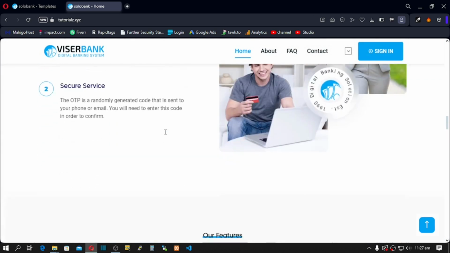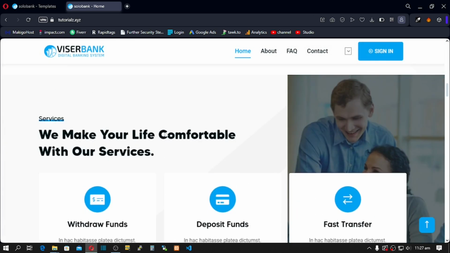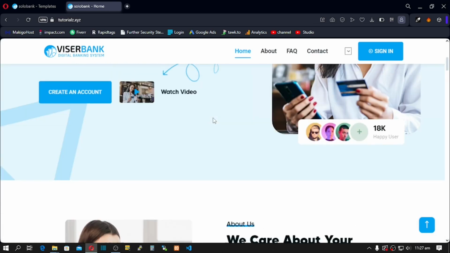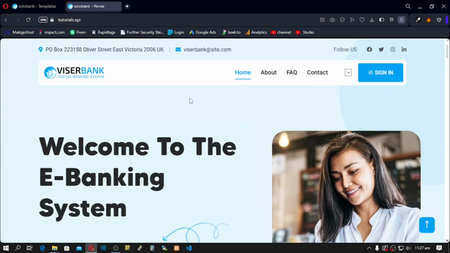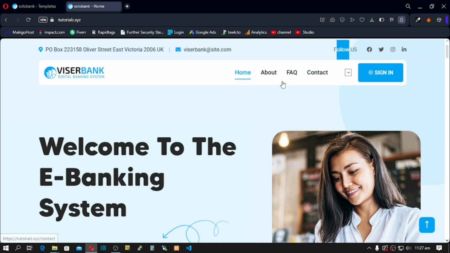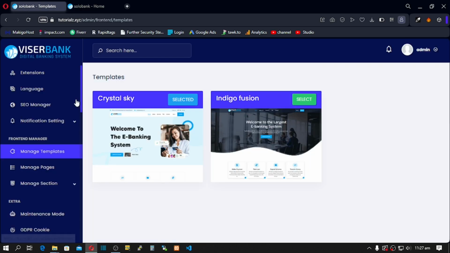All right, I'll be showing you how you can customize this template. We're going to change all these texts, and I will show you where to find this so that your site will look unique. All right, all these details, we'll be changing them. So let's go back. Then go to manage pages, but there's nothing there. So let's go to